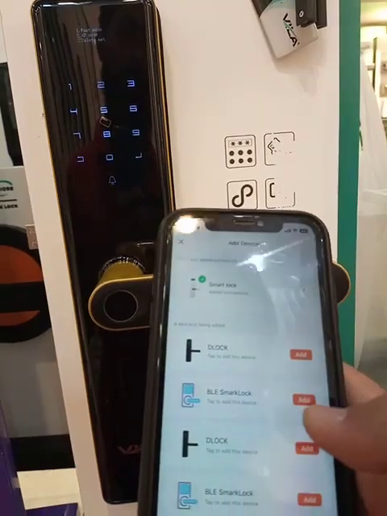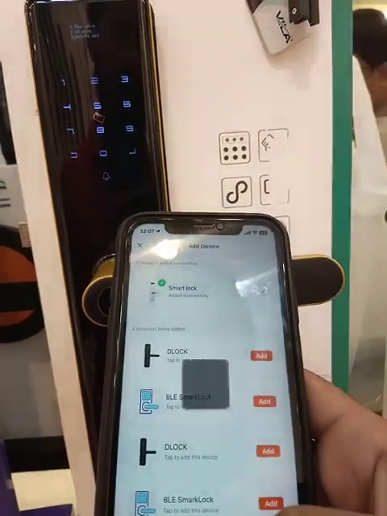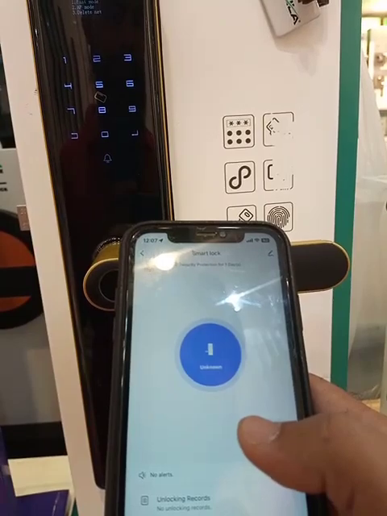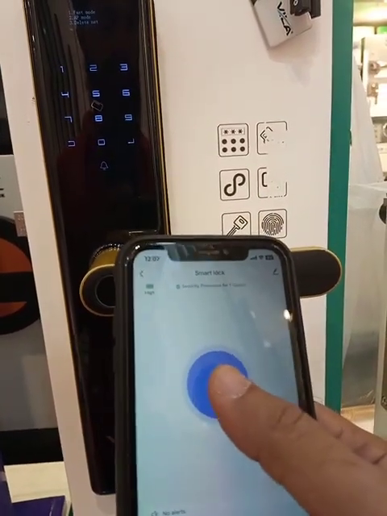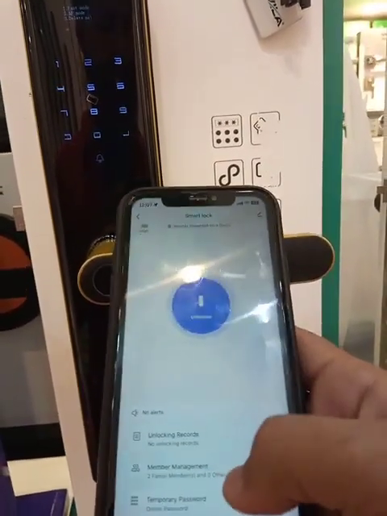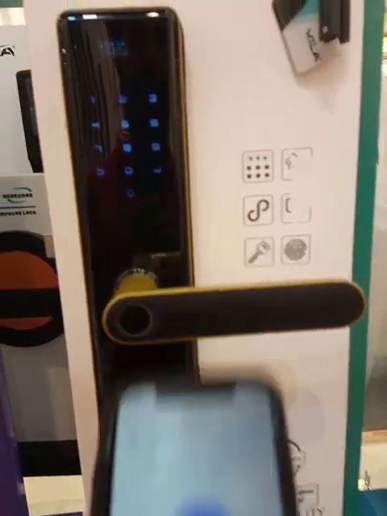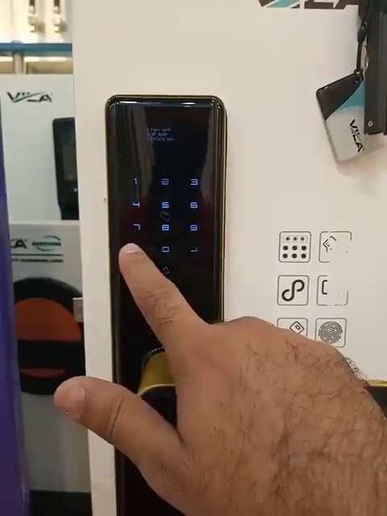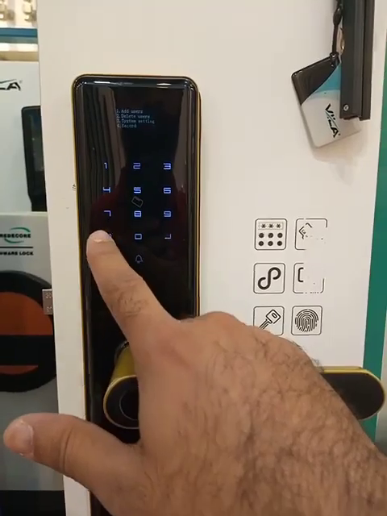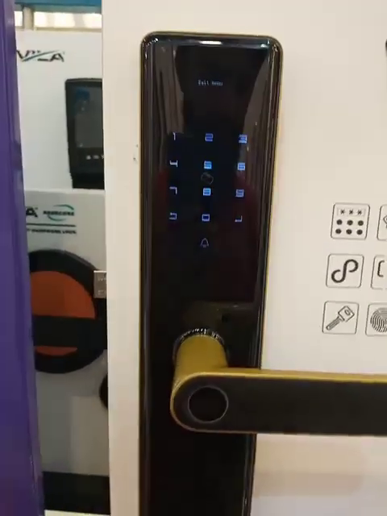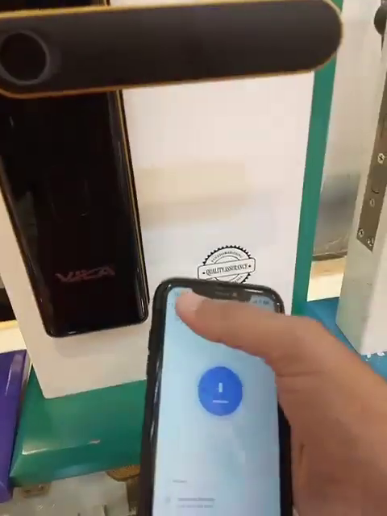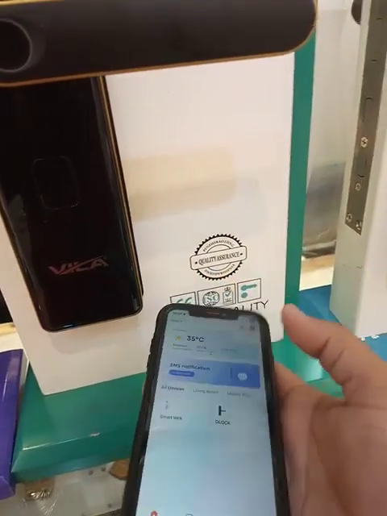See, it is fastly connected automatically. Then press done. Here you can come back to check this is connected properly or not. You have to check